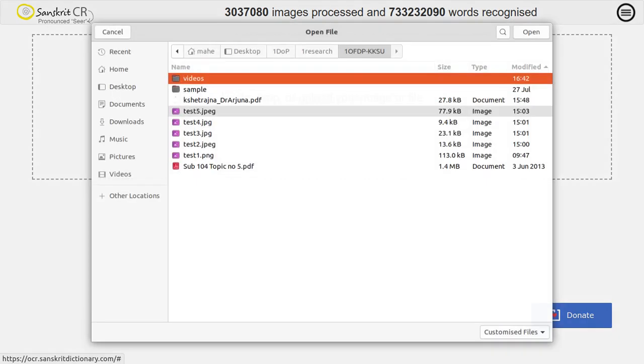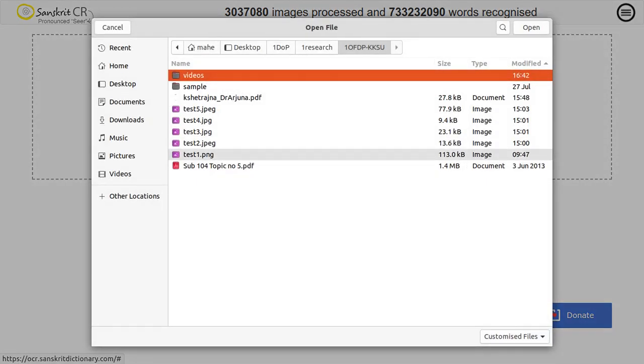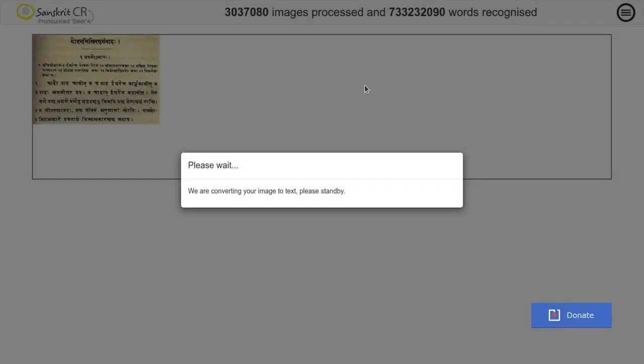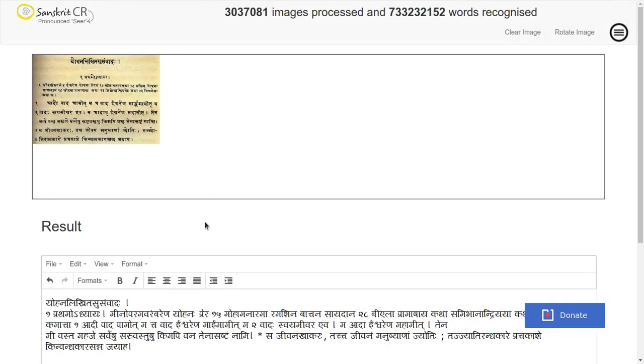Let us explore one more image. Just now I have uploaded this test one, which is in the PNG format. I can upload JPG images also. You can see this particular image is not so clear, but let us see how this tool will analyze this.